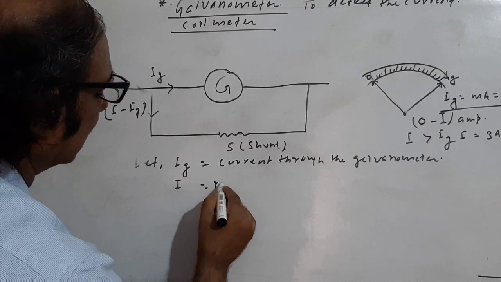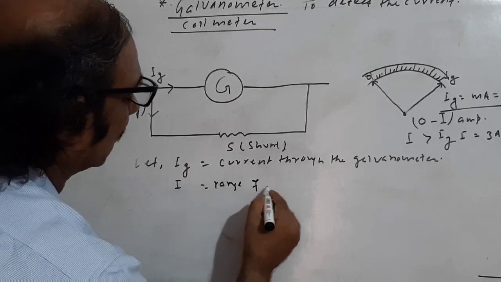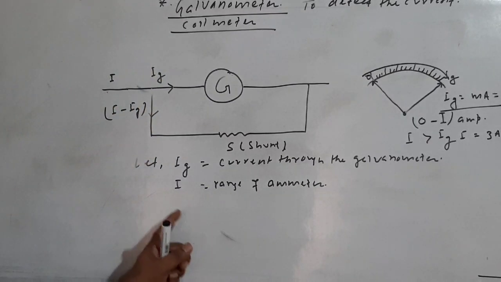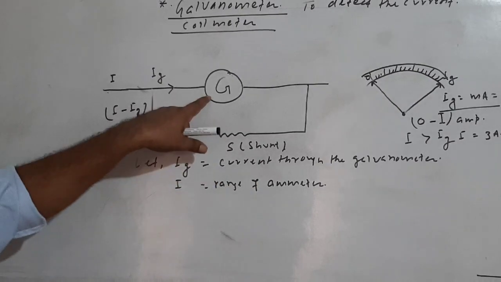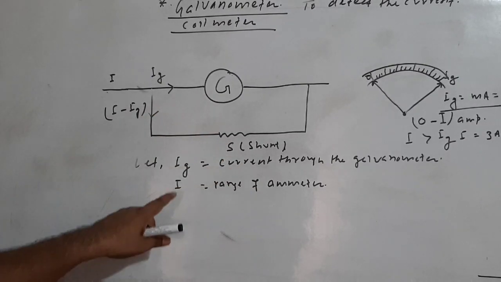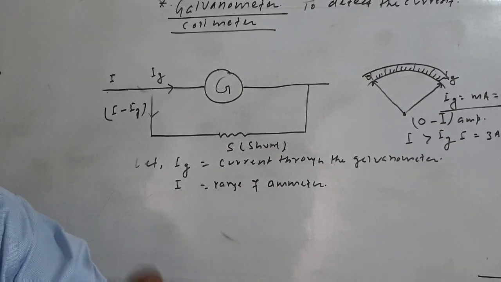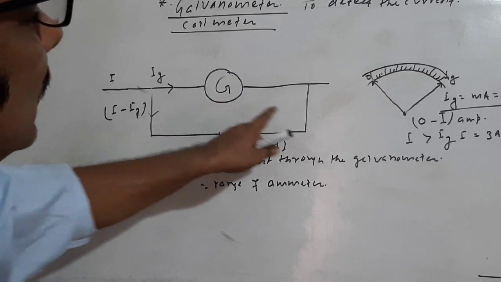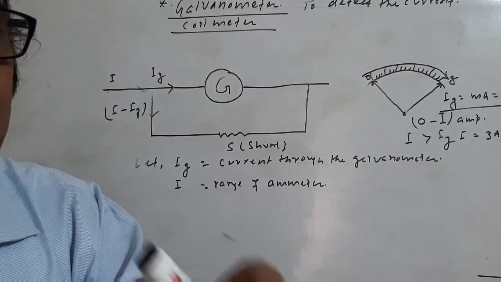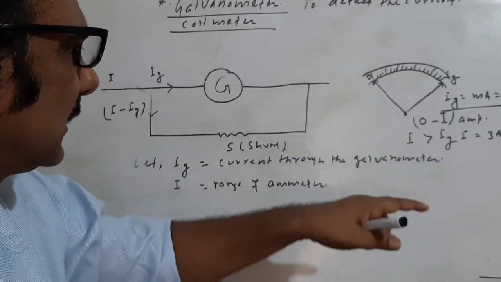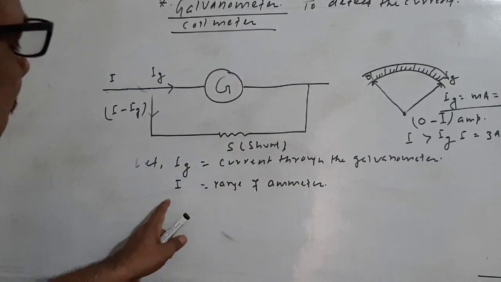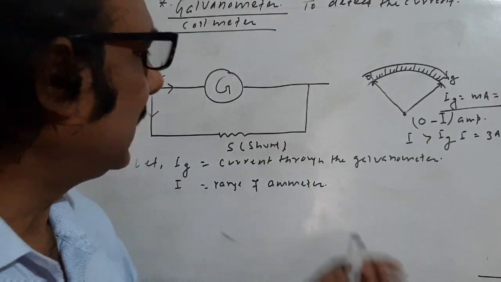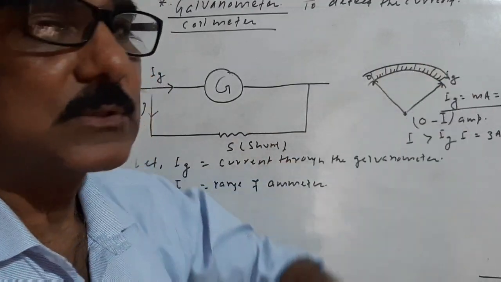So I is the range of the ammeter. Range of the ammeter means the range for measuring the current. So a galvanometer only detects and an ammeter is used to measure the current. This is the basic difference between the galvanometer and the ammeter. A galvanometer only shows that some magnitude of current is passing, but it can be measured with the help of the ammeter. You may think that when the galvanometer is showing deflection, why is there a need to convert it into an ammeter, and why not use it directly?